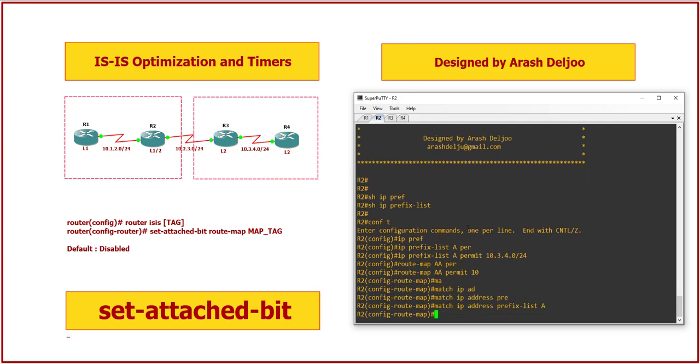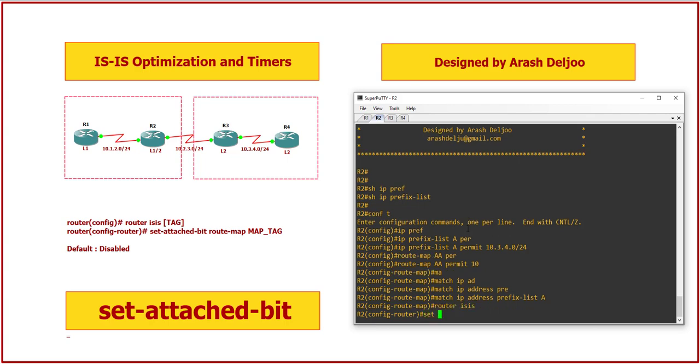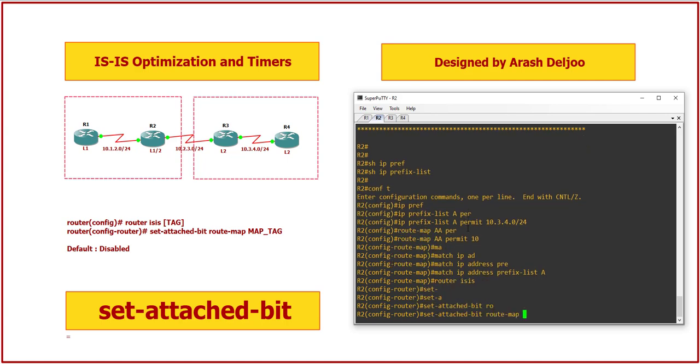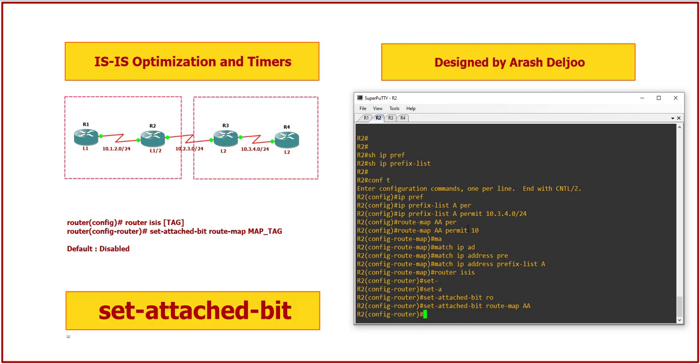This means that when prefix list A can find the route 10.34.0.0/24 in the routing table of router 2, it can advertise. The route map is permitting the advertising of the attachment bit. In router ISIS also, we need to use set-attached-bit according to route-map AA. Let me review it. Now